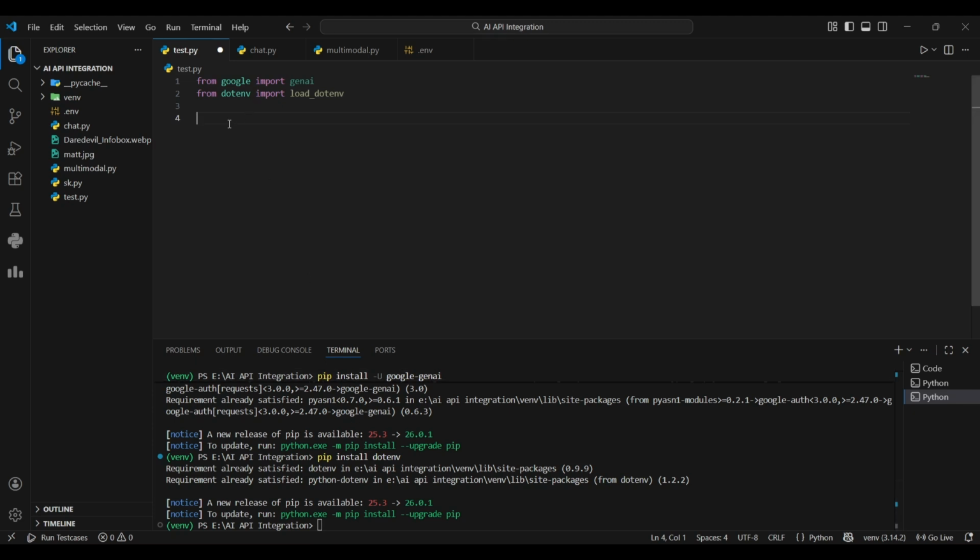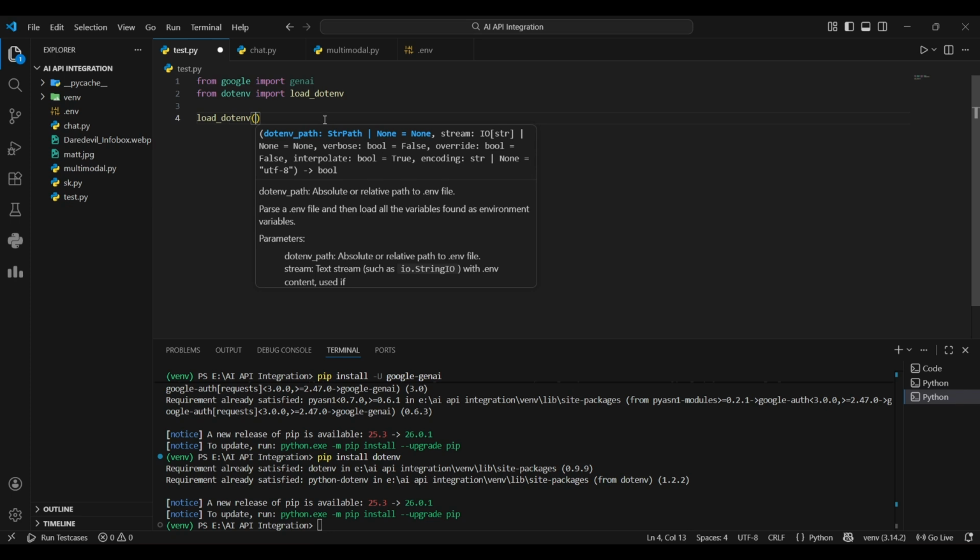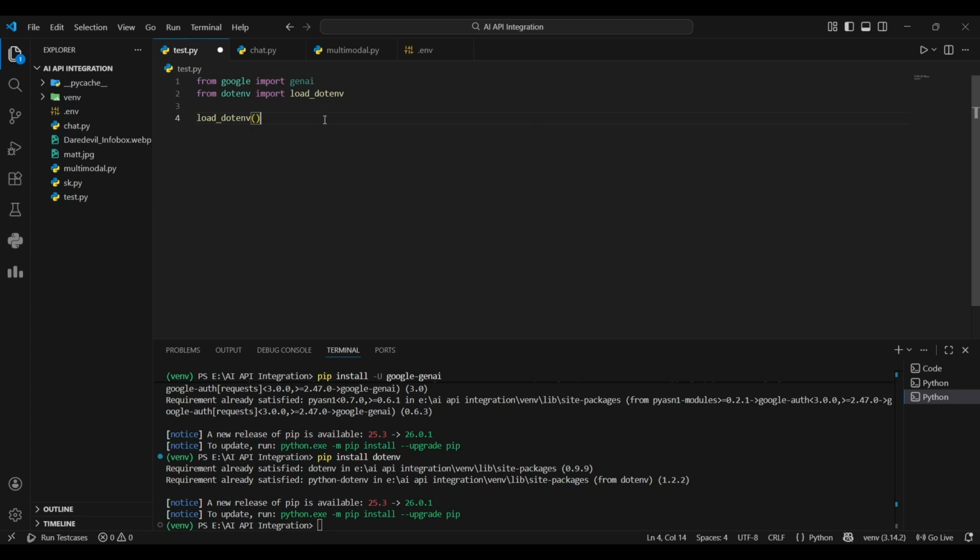Now after that, you simply load your .env. You call this function so that the .env file is loaded and your API key is saved. This is pretty much one of the ways you can store your API key in your main Python file where you're trying to do something. The next main thing is to initialize your client. Now how is that done? You simply write this line: